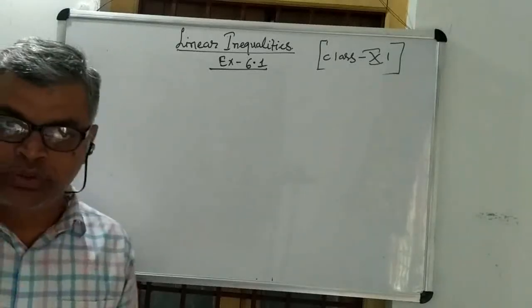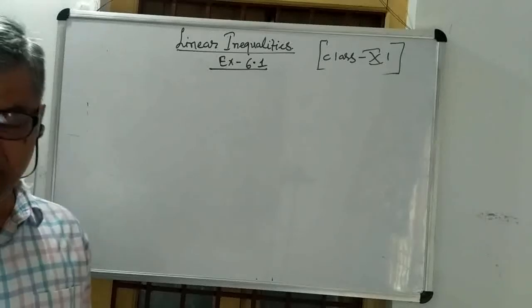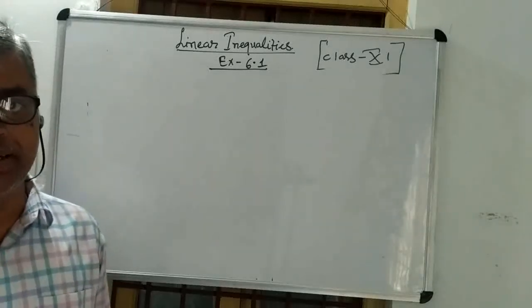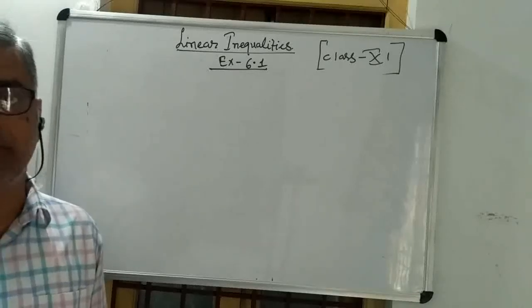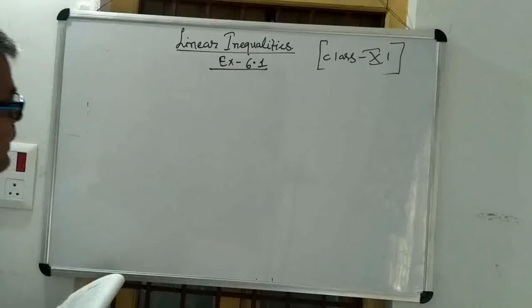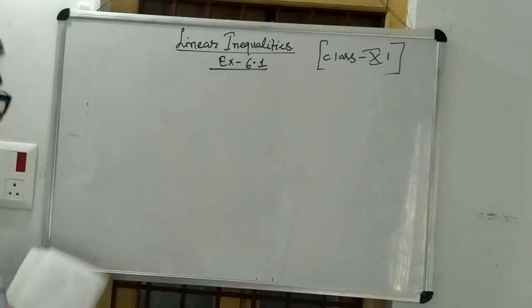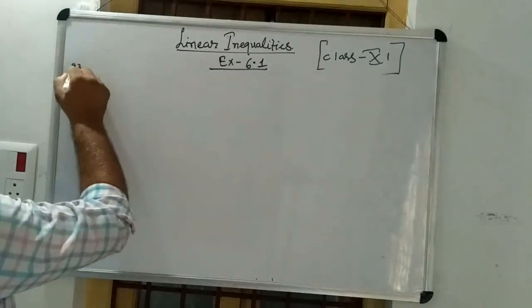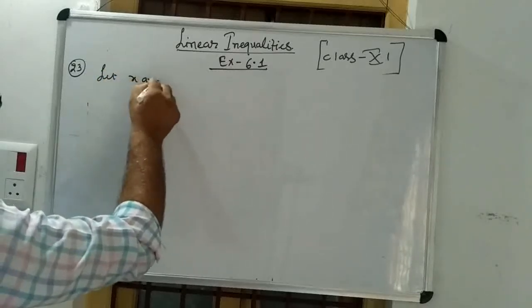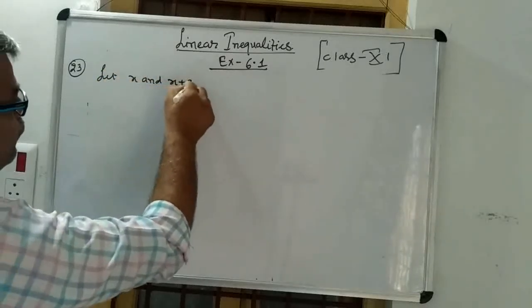So when you assume x as one consecutive positive odd integer, then the other consecutive positive odd integer will be x plus 2. So in question number 23, we assume that x and x plus 2 are